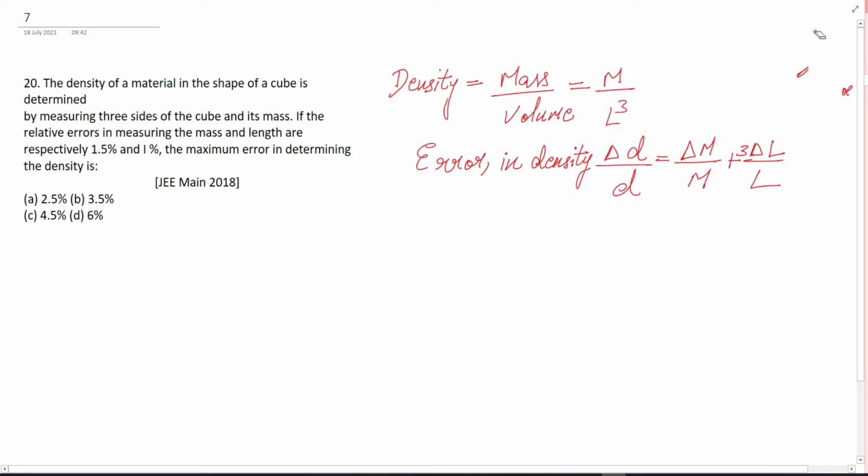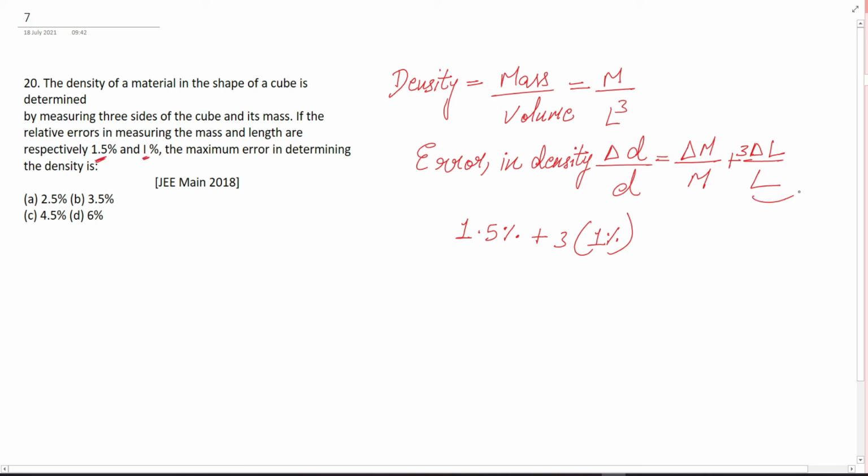This is a very easy question according to me. Obviously it's a very easy question. Easily you can score this, and now that you've written this, all you have to do is, these values are actually given to you here. This 1.5 and 1, these are these values. All you have to do is simply multiply them. So we can write down 1.5%. This is the delta m upon m, and this is percentage. And we add 3 times of 1%. So now you understand why we're multiplying this by 3. This delta m upon m is 1.5%, as given here, and this 1%